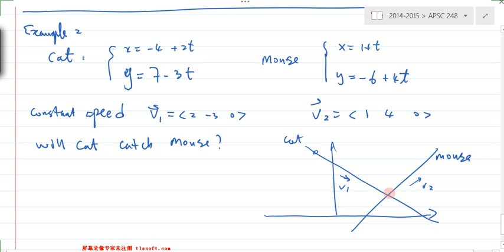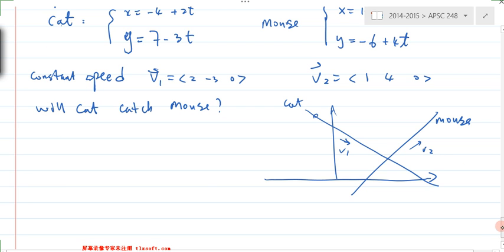And if the cat can catch the mouse, that means at a certain time t, the cat and the mouse will arrive at this point exactly at the same time. That's what it means, right? If you don't like cat and mouse, you can think of a missile targeting an enemy, a moving target. So now, if the cat and the mouse arrive at exactly the same time at this point,